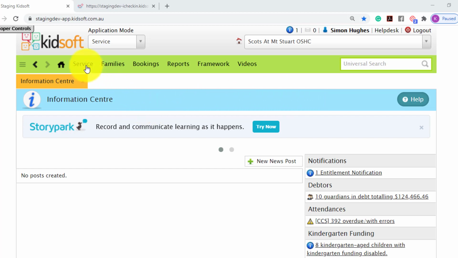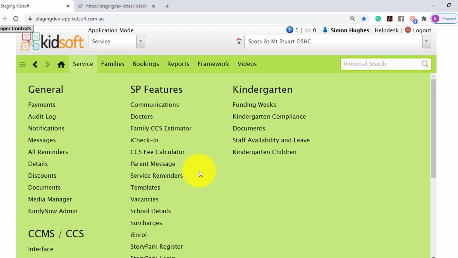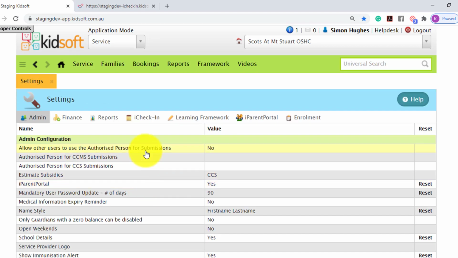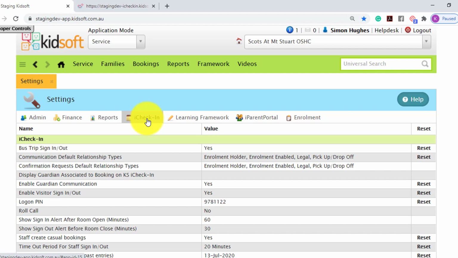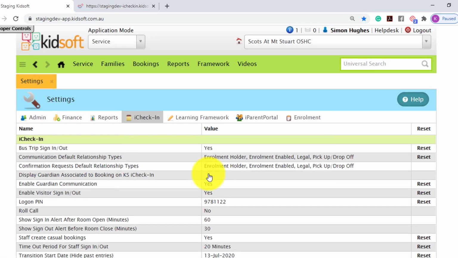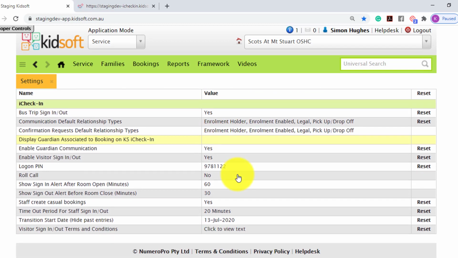To do this, you're going to click on the service menu and under configuration click on settings. You're then going to click on the iCheck-in tab. To enable the setting, click on enable visitor sign in and out. Tick and click save. Once this setting is enabled, it will then open up an additional setting, Visitor Sign In